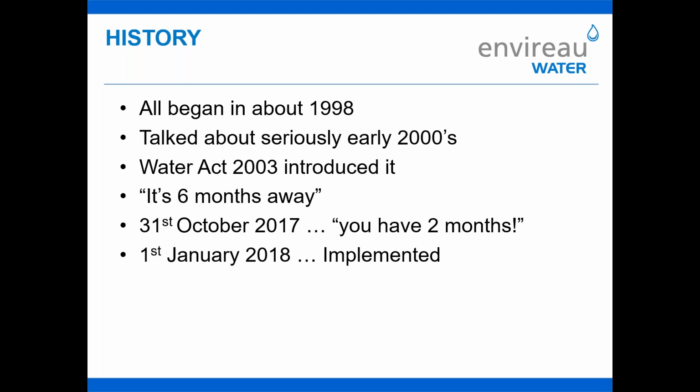On the 31st of October 2017, I was sitting watching the telly, and an email dropped into my phone, or whatever it was I was looking at, and it was announced that it is no longer 6 months away, it is now, and you have 2 months in order to prepare for that. That 2-month period was probably hardest for the Environment Agency and Natural Resources Wales, because they weren't really expecting to have only 2 months to prepare,